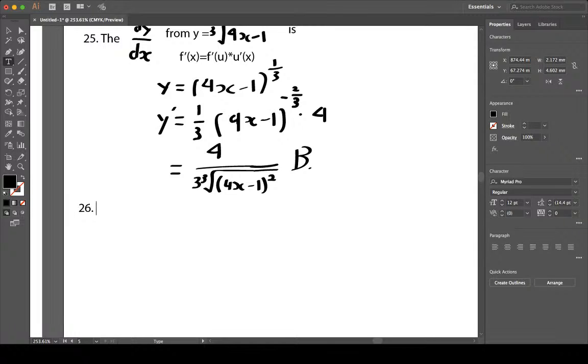Number 26 here: the derivative of f(x) equals